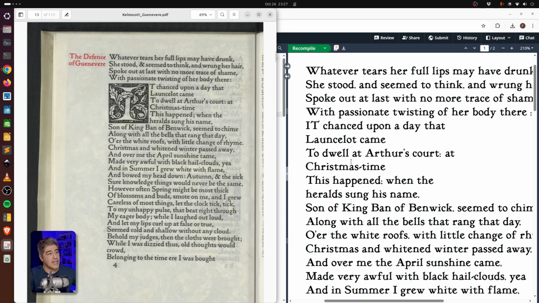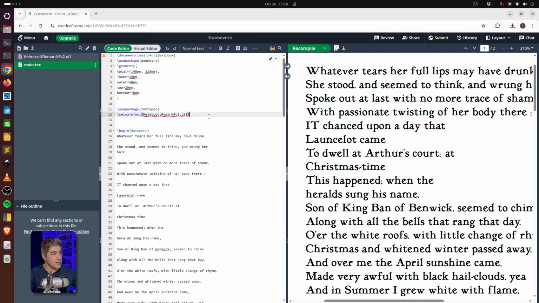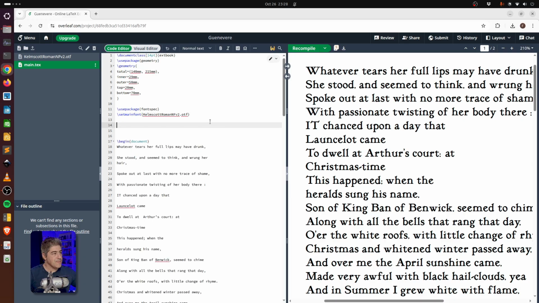But one of the things that I noticed is that the line spacing of our document is a little bit larger than the original one from the Kelmscott Press. So what I'm going to do is change this by narrowing the line spacing. So let me go back to the Overleaf project, and inside here